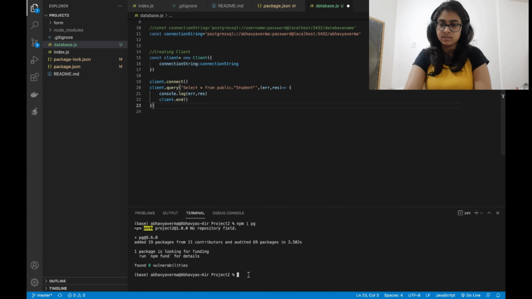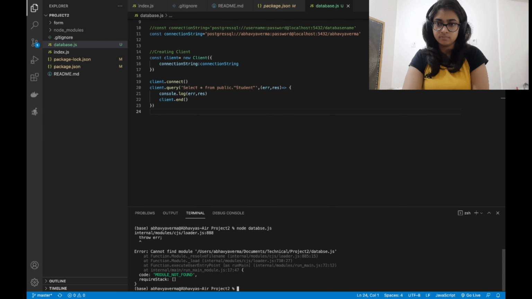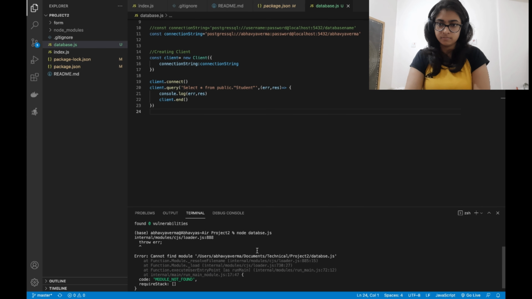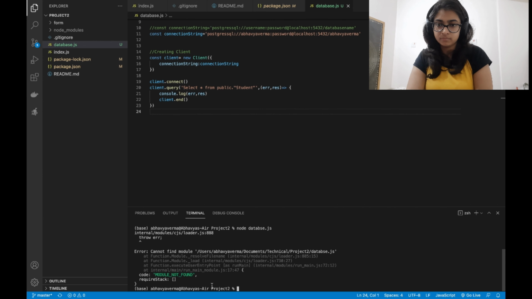Now save it and run node database.js. Okay, it gave out an error. Sorry, I gave the wrong file name.